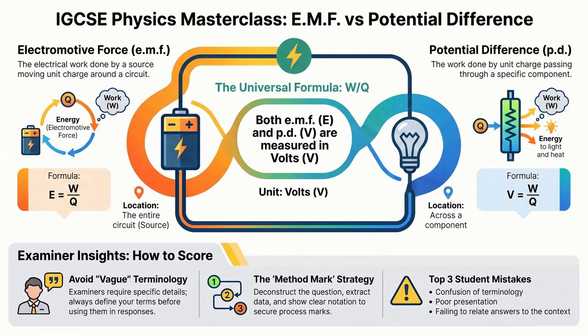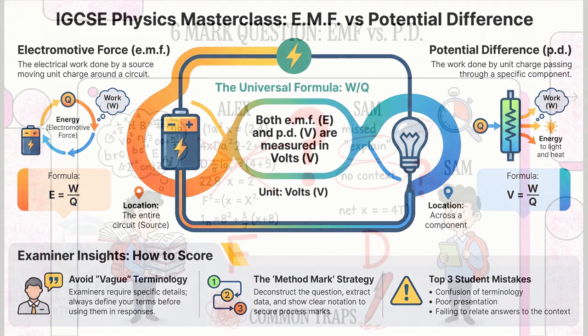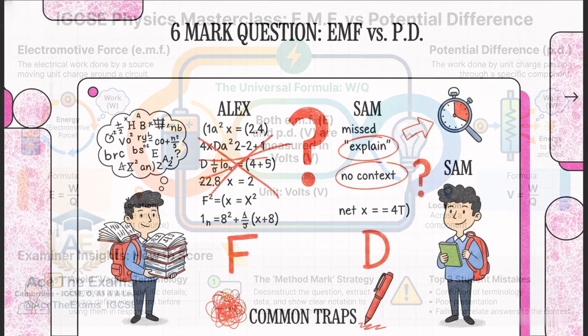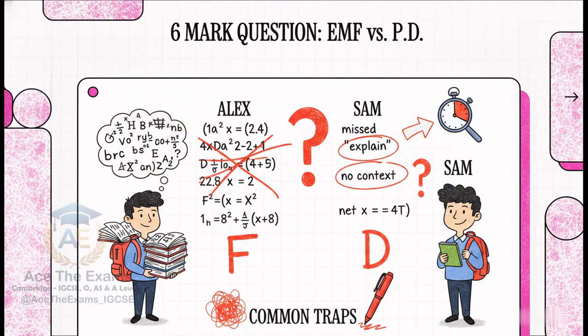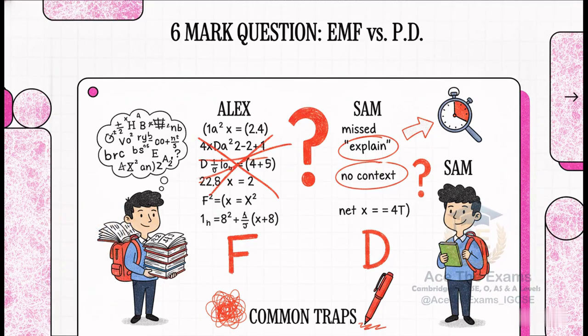Welcome to this explainer. Think of your Cambridge physics exam exactly like a high-stakes cricket match. You need to meticulously set your field, you have to read the bowler, who in this case is the incredibly strict Cambridge examiner, and most importantly, you need to score your runs, which are those precious, grade-defining marks. Today, we are absolutely mastering one of the most notoriously tricky, trap-filled topics in the entire Cambridge syllabus, electromotive force